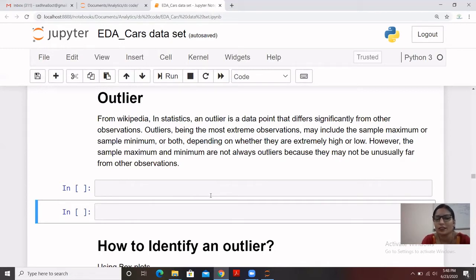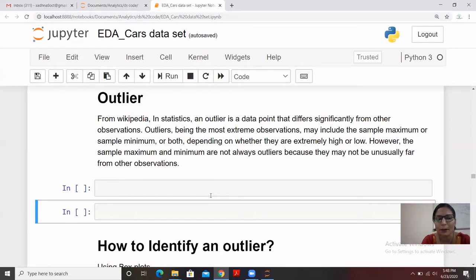This is the same thing that we discussed. Wikipedia says that an outlier, being the most extreme observation, may include the sample maximum or sample minimum. That also we discussed: it can be the minimum value or the maximum value, also a combination of both, depending on whether they are extremely high or extremely low.